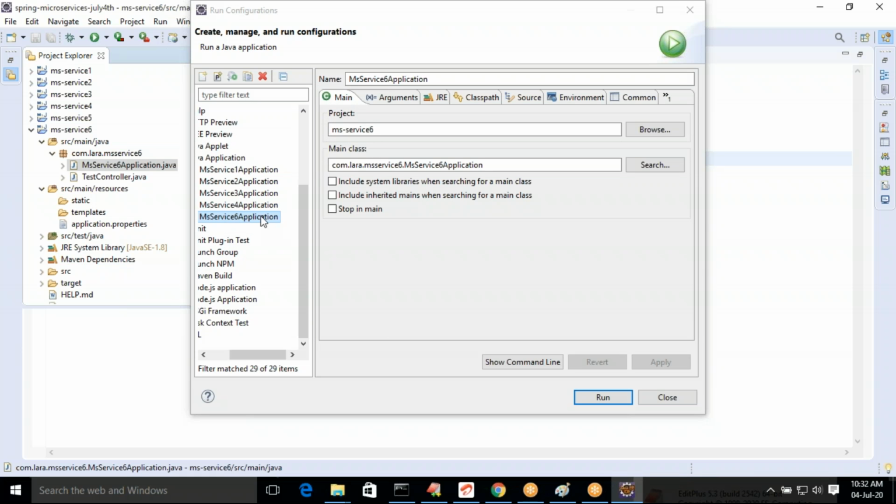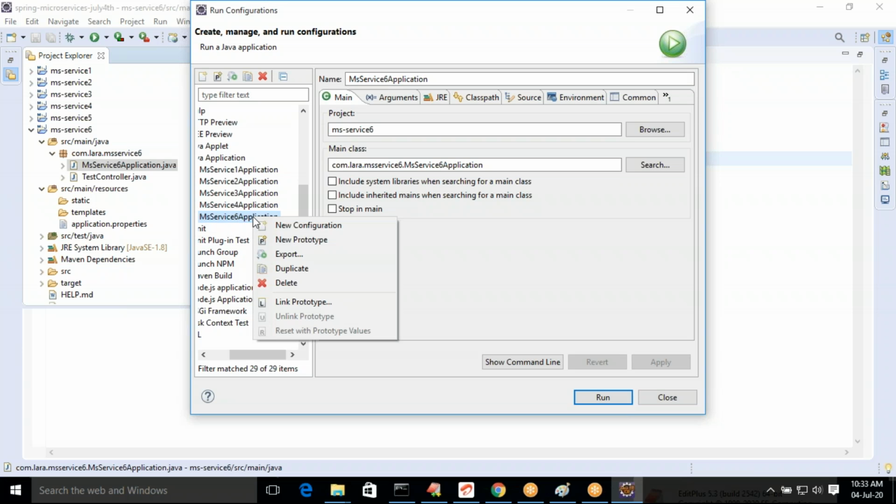You can see the MS Service 6 application. This is the main application which has already started. You can consider it one instance of the application. Let me go for one more instance. Right click on the MS Service 6 application and go to Duplicate.